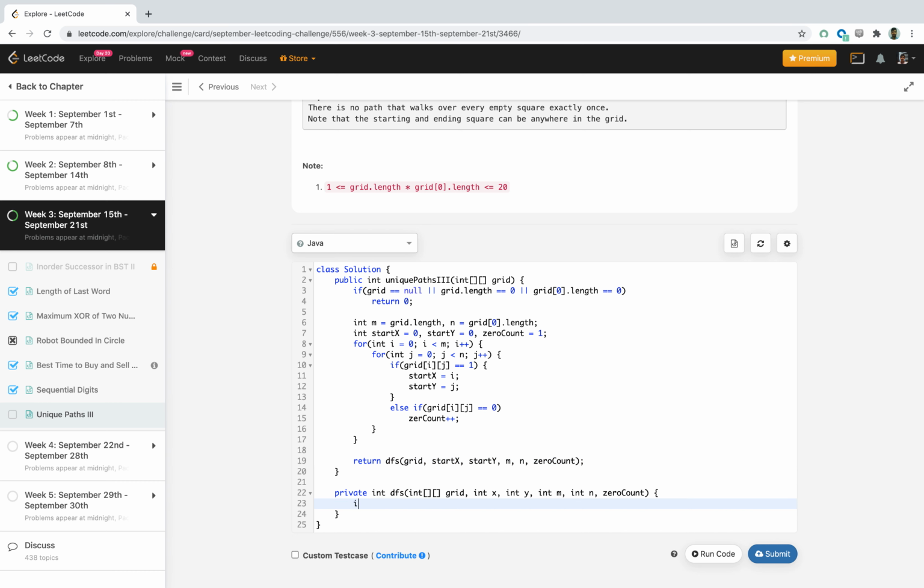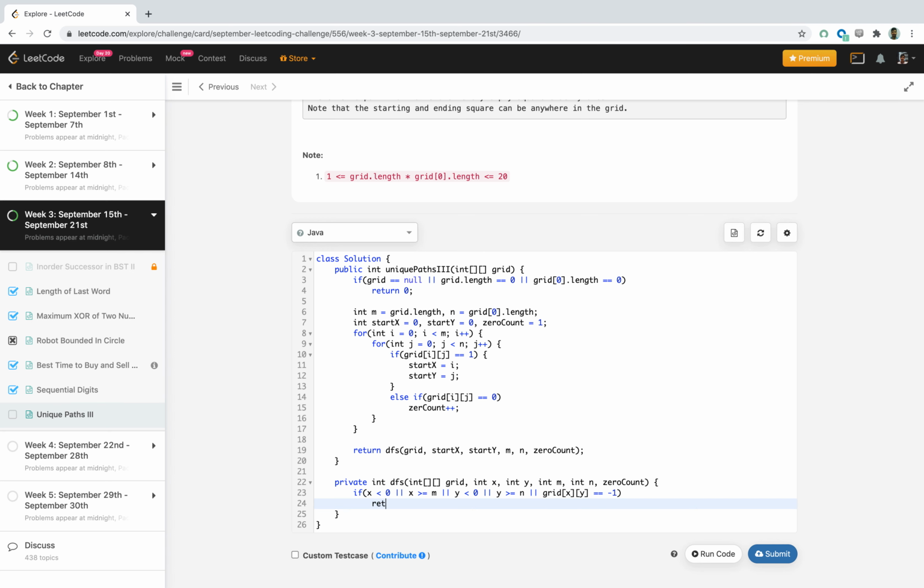So here first let's validate the input. If x is less than 0 or x is greater than or equal to m, or y is less than 0, these are not valid inputs, or y is greater than or equal to n, or if the current square is -1, that means it's an obstacle. In that case we'll just return 0.